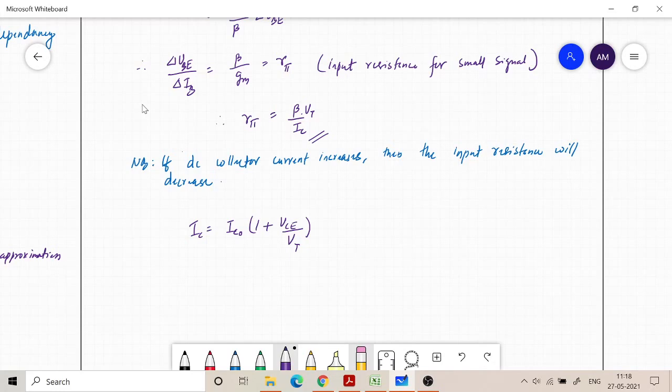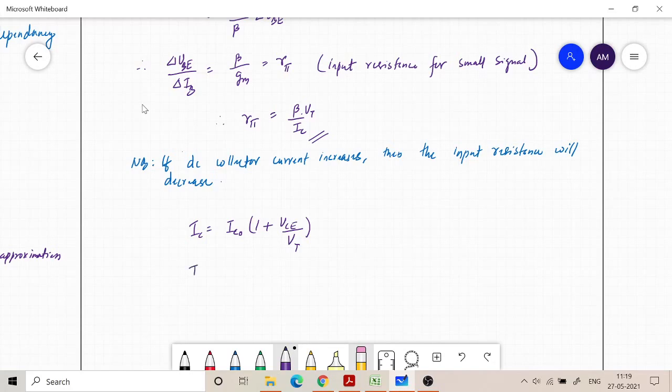So this IC0 is like the constant current which only depends upon the input voltage VBE, but if I introduce the equation of a straight line with a non-zero slope, then it will be modified to IC. This is the complete expression, the same that we started looking at in the beginning. Now I want to look at the dependence of this on VCE, so I modify VCE by a small amount.